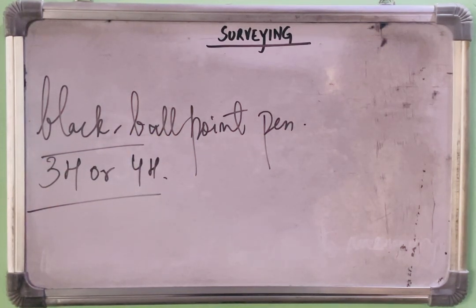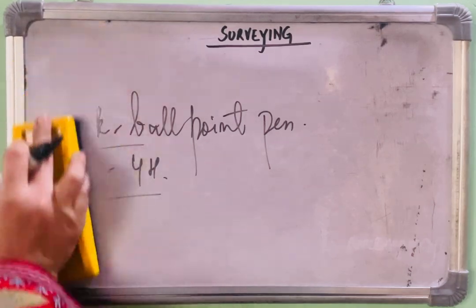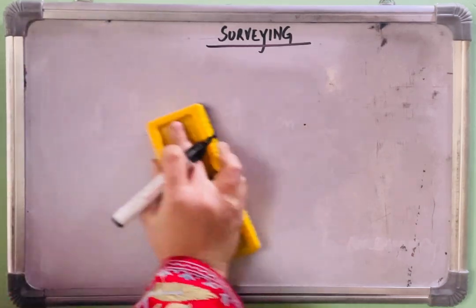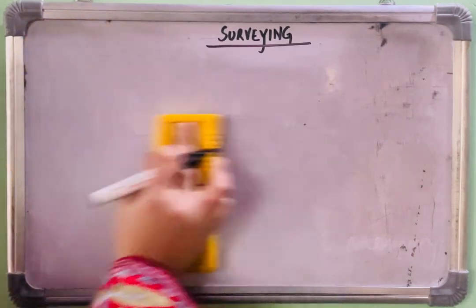See, if there is a mistake in making an entry, a line should be drawn to cross it and the new value should be written above it. For example, if we have to record a measurement of 25.55 meters